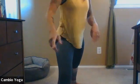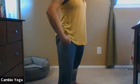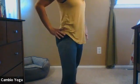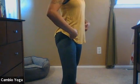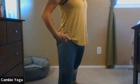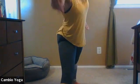So when we come into triangle, we start off in warrior two, right? So my knee is pointed in the same direction as my toes, and it's in line with my hip point, right? So if I were to try to square myself or smush myself between two panes of glass, my knee turns in, my hip point turns in. No good for the trajectory of my hips. So I want to keep this straight, and then from there, straighten into the front knee,